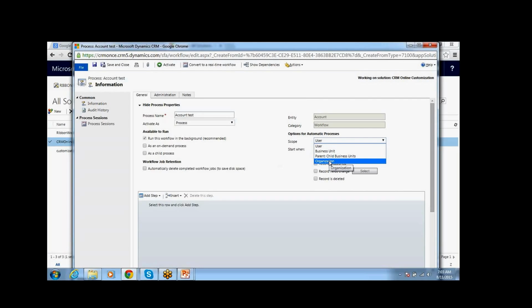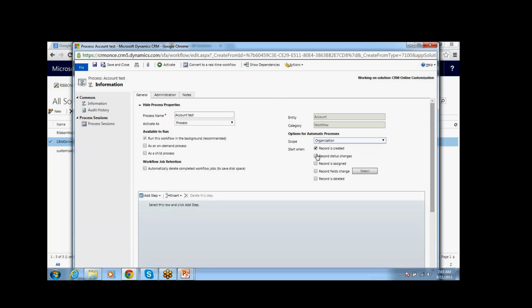When you are creating a workflow, it should be organization, because if you select user level, it will execute only when the owner performs some operations. That is the reason the scope should always be organization.